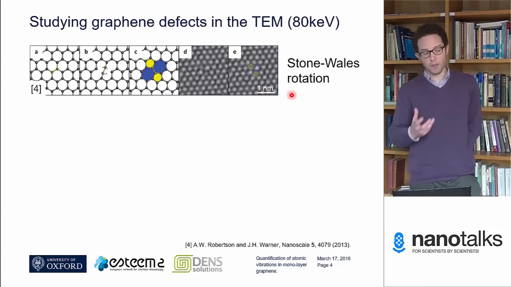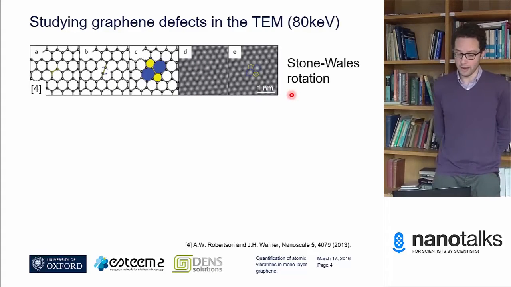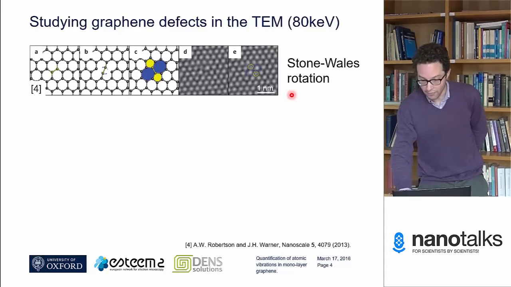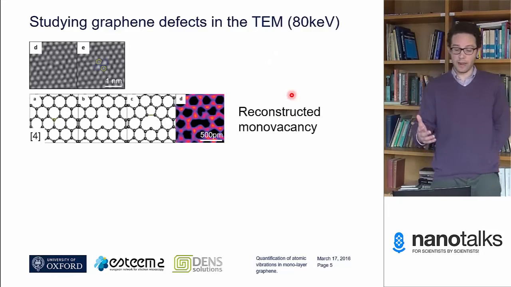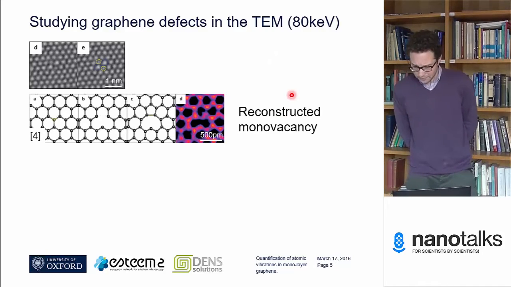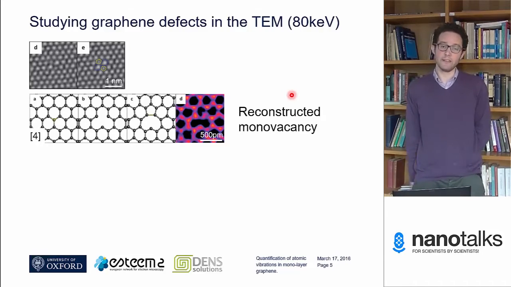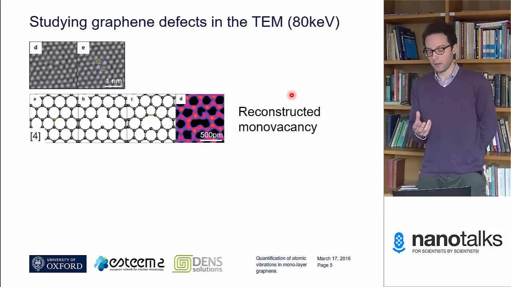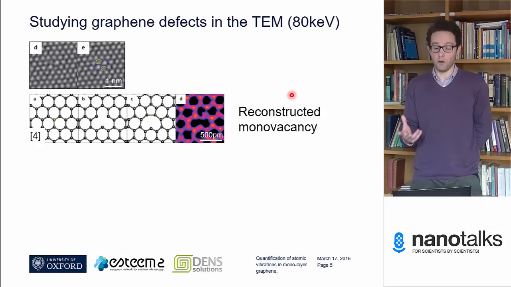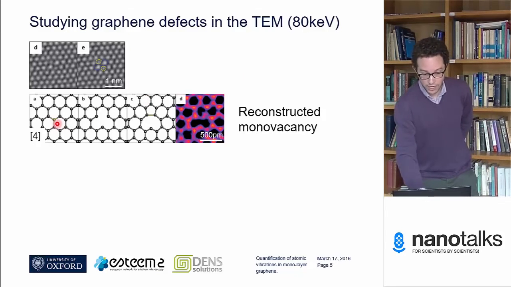Stone-Wales defect, that's one of the most common defects that we see in these graphene materials. If we go up one level of complexity, then we come to the reconstructed monovacancy. So this is the simplest defect which involves mass loss. If one atom is ejected from the graphene lattice, then we get a bond formation, and we end up with a 5-9 pair, I believe it is,